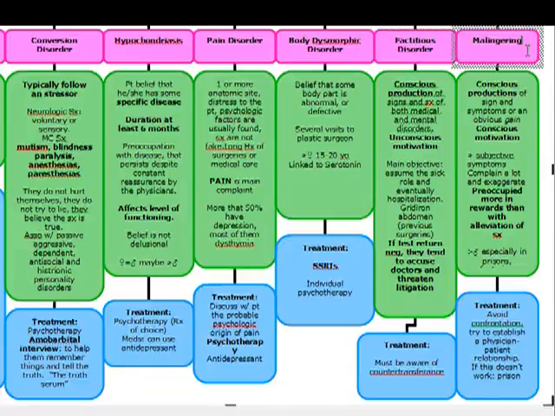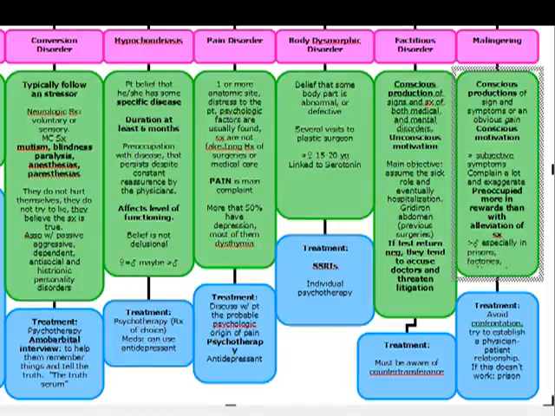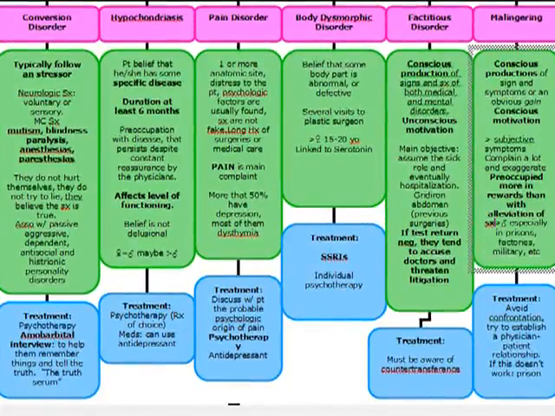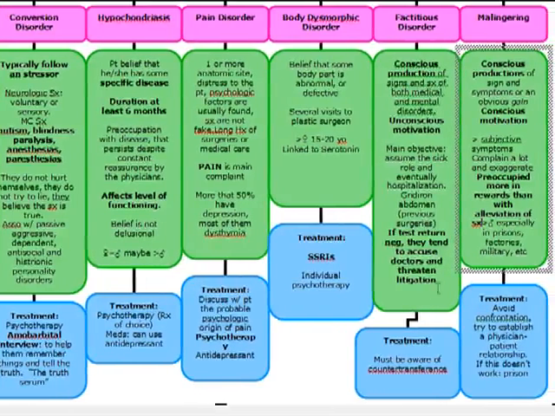Now, malingering is different. Malingering, there's some primary gain, okay? And that's why malingering is usually seen in men, in prisons, factories, and actually in the military as well, okay? So in prisons to get out of prison, in military because they may want to get out of military service. But the main thing is they have a conscious motivation and they have a primary gain. So these patients are actually going to be more preoccupied with the rewards than the actual alleviation of the symptoms, as opposed to factitious disorder where they have an unconscious motivation where they just want to be in the hospital, and it's usually because of something that happened early in life.